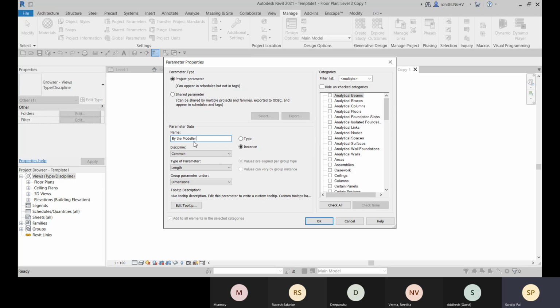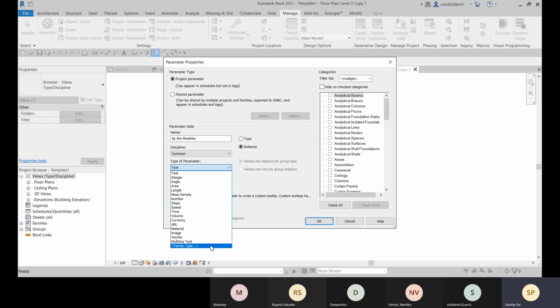And here the name will be by the modeler, and the discipline, it will be common, and what type of parameter. So here go with the text parameter so that everyone can type. So that will be text parameter. Okay. And if there is any other parameter to assign from this list, you can define it.